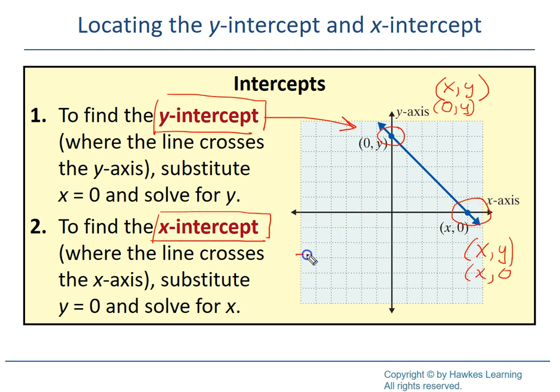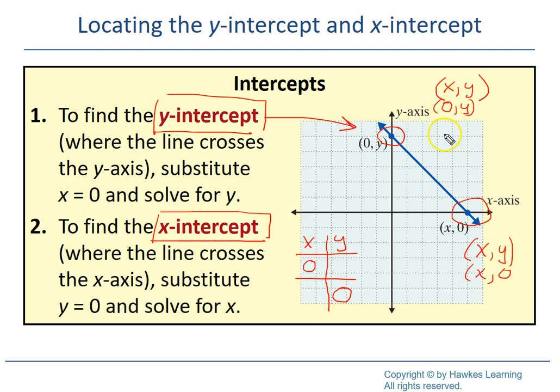Now, if you recall, when we made a t-chart, we said a good method earlier was to put a 0 under the x and then a 0 under the y. Well, by doing that,